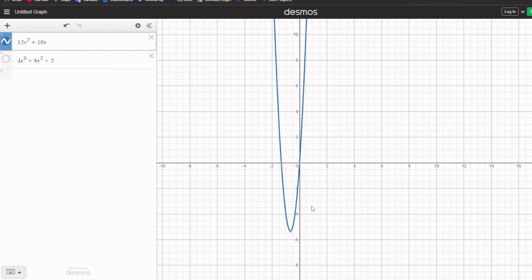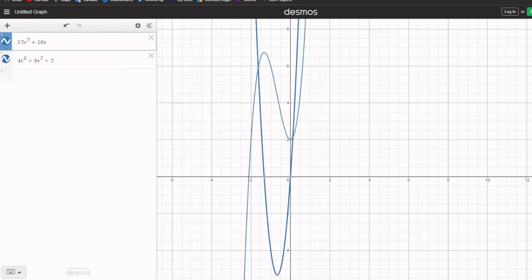You could see that it's a derivative here as well. So now, using this information, we graphed the original function, which was given to us as 4x cubed plus 8x squared plus 2. As you can see, when we graph the original function, it is increasing up until this point, which means the derivative is